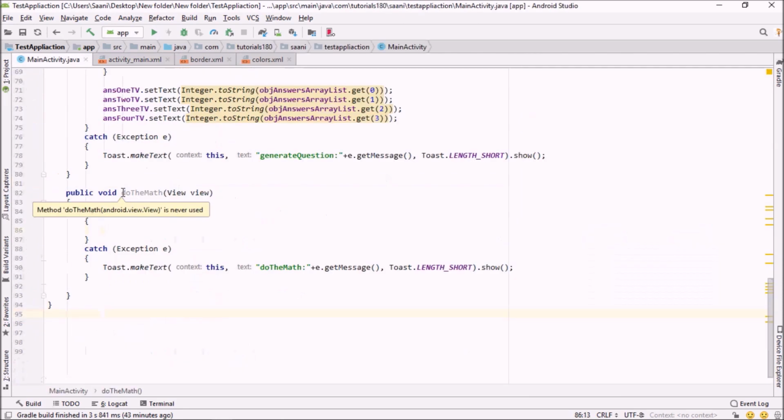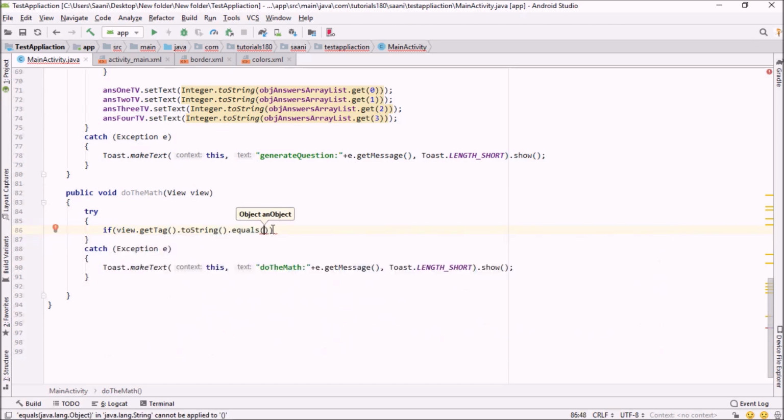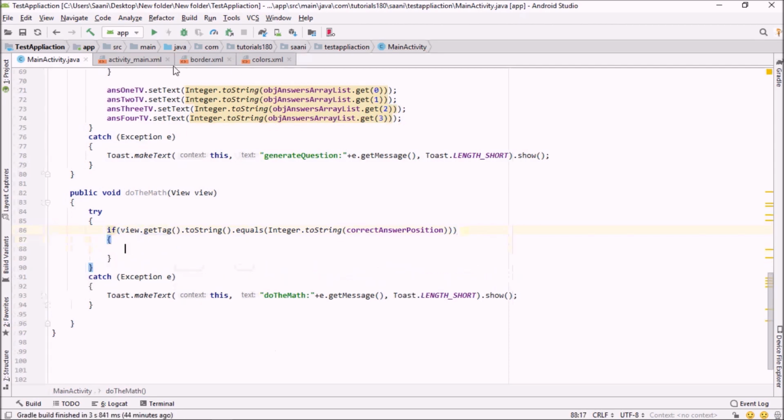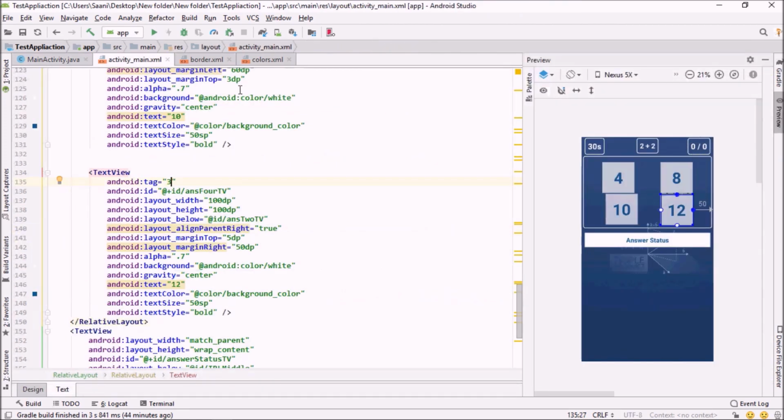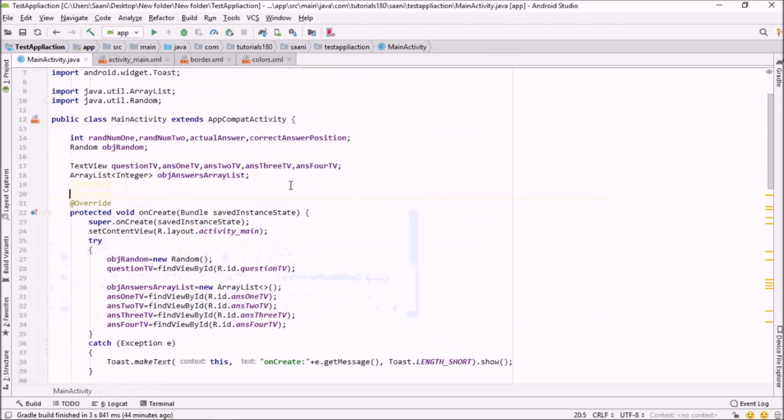Every time when some text view would call this doTheMath method, all the properties of that text view will be available in this view object of View class. I can get these values from this view object. So first of all, I'm going to check if view.getTag.toString is equal to the value that would be Integer.toString correct answer. So if this tag is equal to our correct answer position, then we would say that this score will be incremented by 1. So first of all, I'm going to create two variables that will hold score and our actual